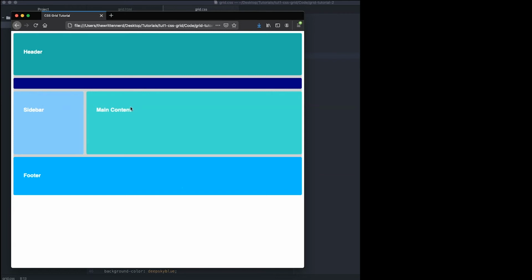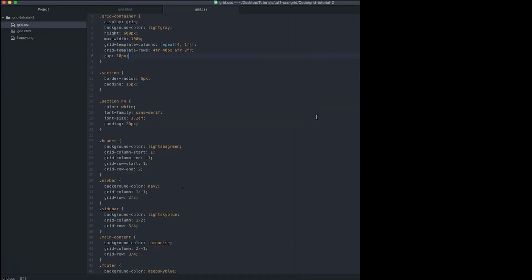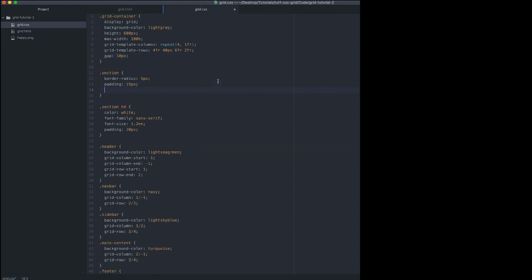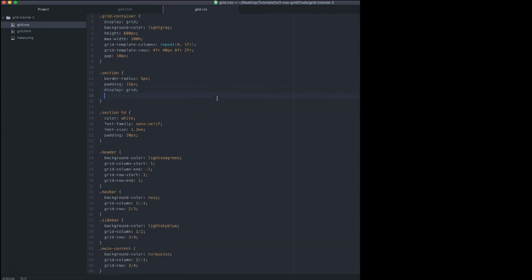And not only that, we'd like to center it, and we'd like to center each of these H4 divs in their containers. Now, the best way to do that in this case is I'm going to turn each of those elements into a grid container itself by applying a display grid to the section class, which will turn each one of those into a grid. And then I'm going to apply